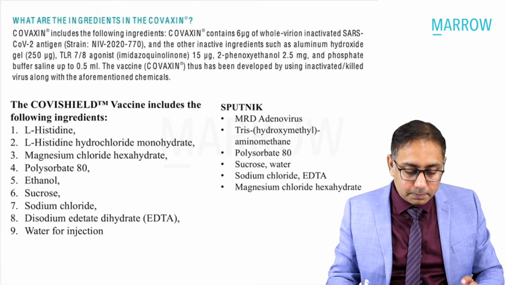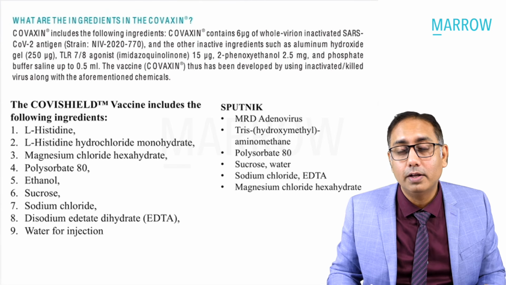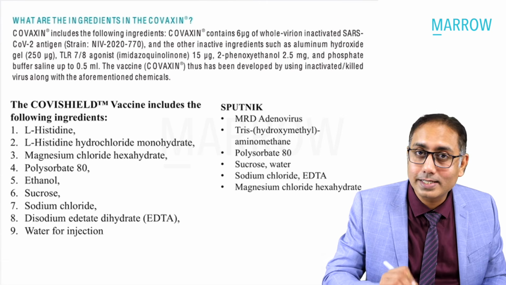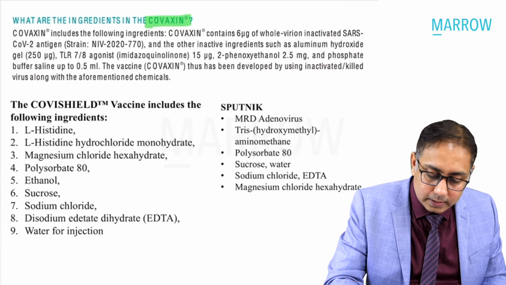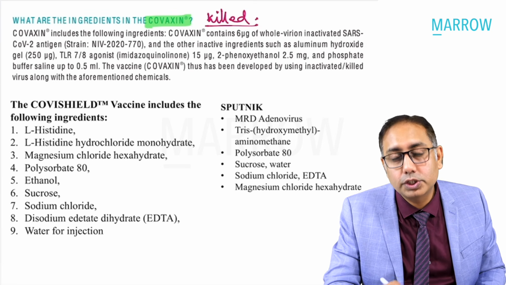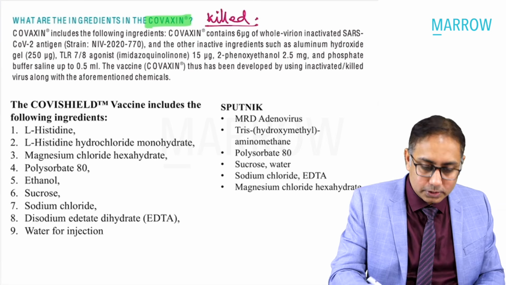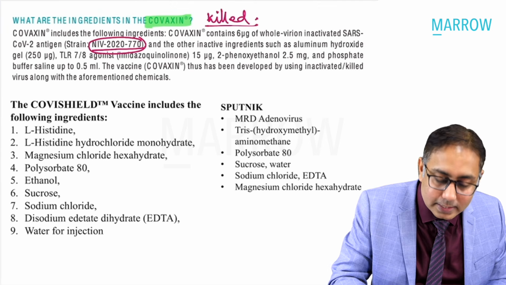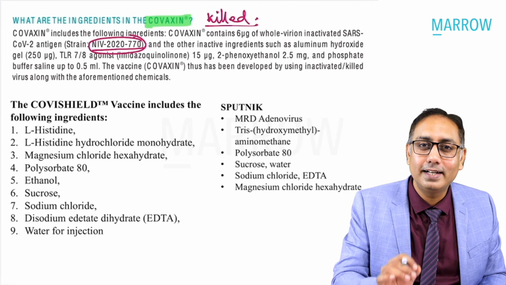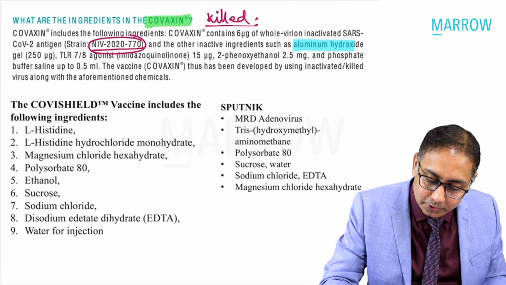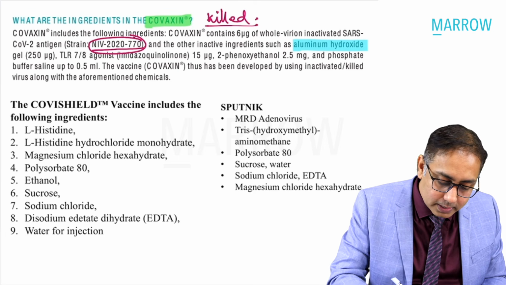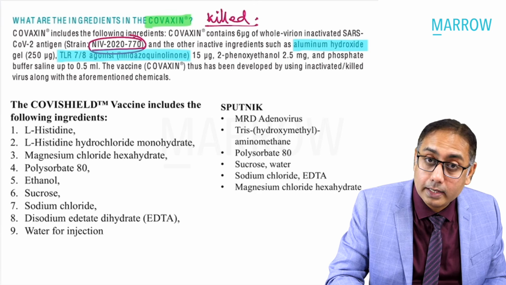Also, there could sometimes be questions pertaining to the ingredients or constituents of Covaxin, which is a killed vaccine. I would like to reinforce this point that Covaxin is a killed vaccine. Covaxin is the first killed vaccine produced in India by Bharat Biotech, and the strain is NIV-2020-770. You need to memorize this. Covaxin also contains an adjuvant, that is aluminium hydroxide. It also contains stabilizers in the form of TLR 7/8 agonist,